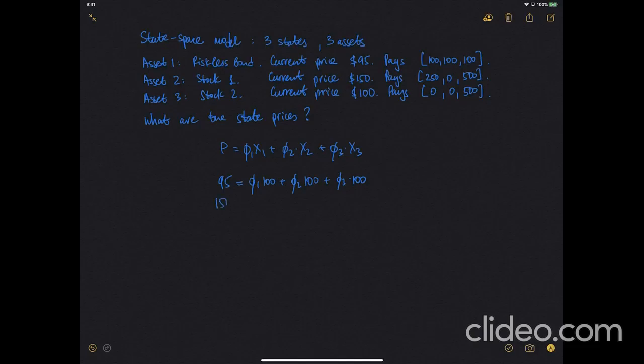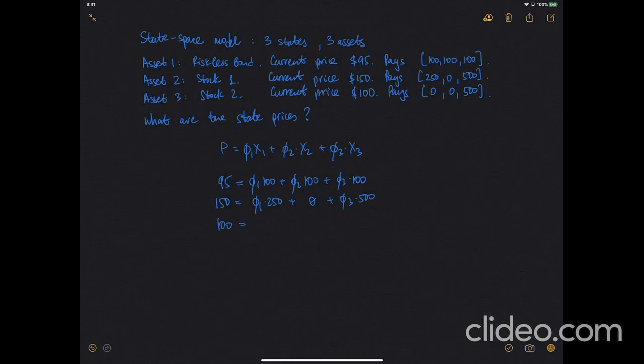Its current price is 150 and it pays 250 in the first state, so it's phi 1 multiplied by 250. It doesn't pay anything in the second state, so it's phi 2 times 0, which is 0, plus phi 3 times 500. And finally, for asset number 3, or the second stock,